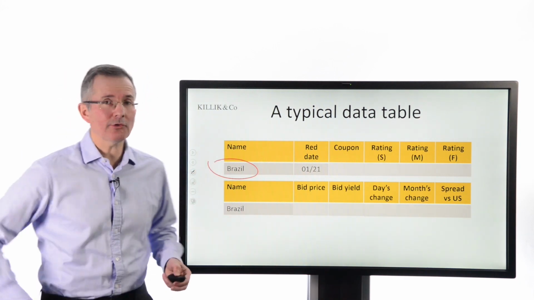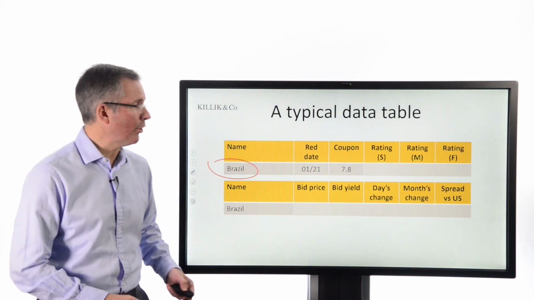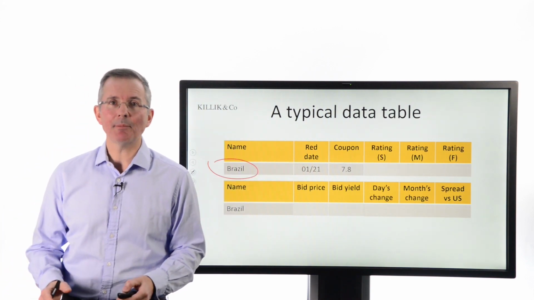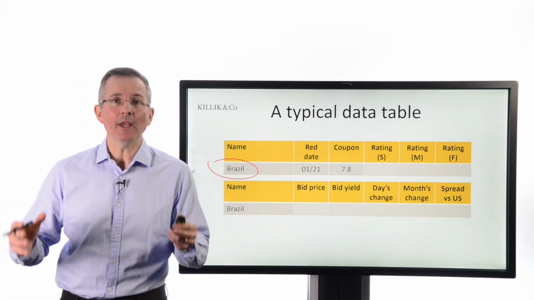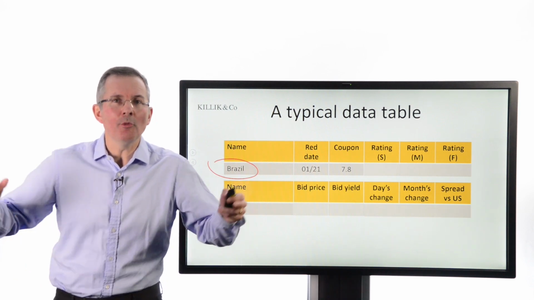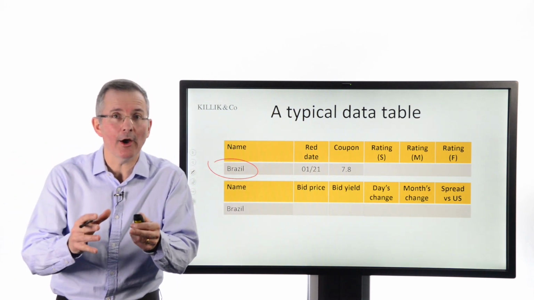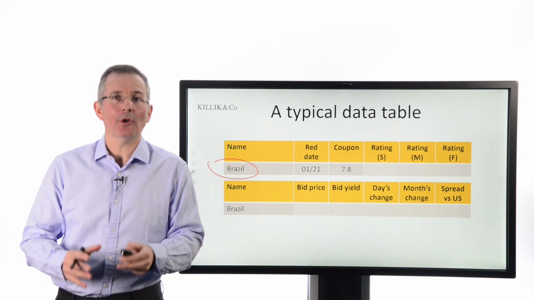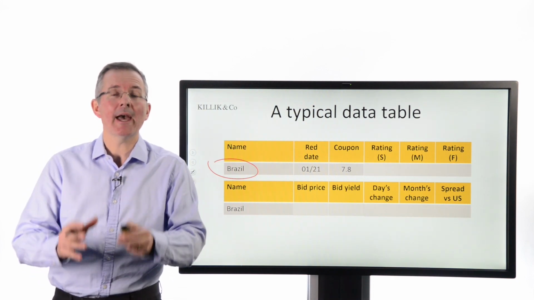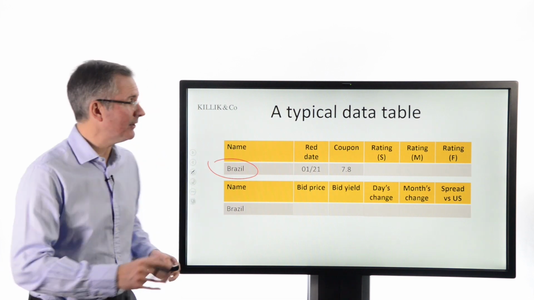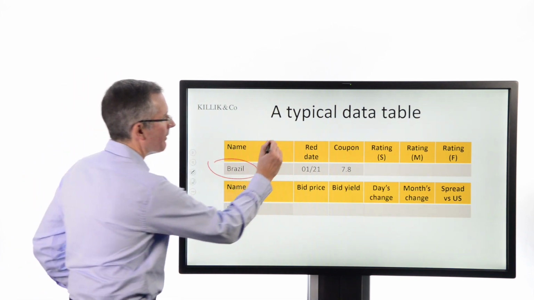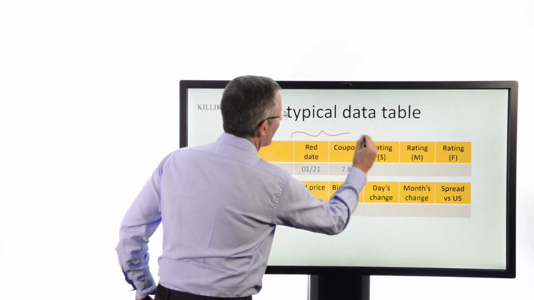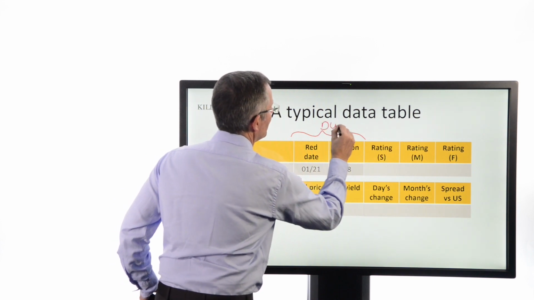Next piece of information, there's a reason these two are normally together, is the coupon. Here, 7.8%. Now, the coupon is not the yield. The coupon is not the return you get overall, because that's driven by the price. Just like the dividend yield on a share is driven by the price of the share as much as the actual dividend. But it does give you an indication, and these two together feed into something that I cover in another video